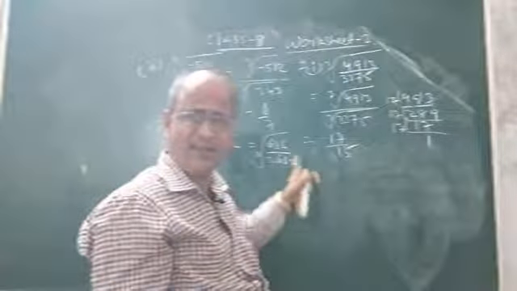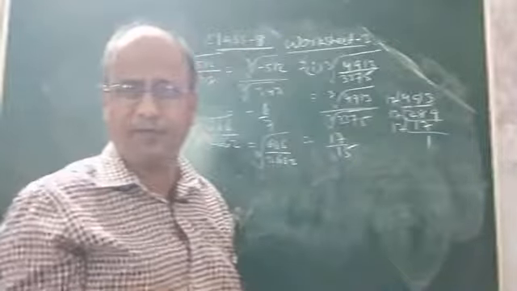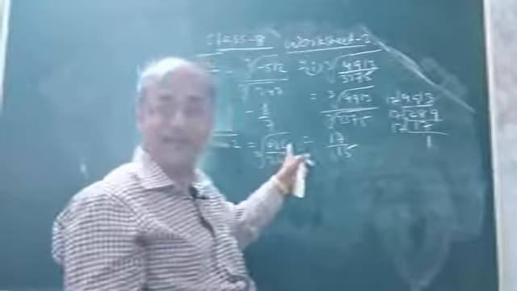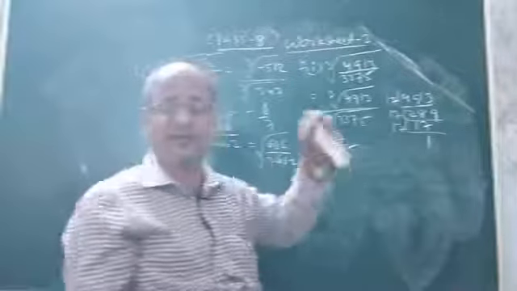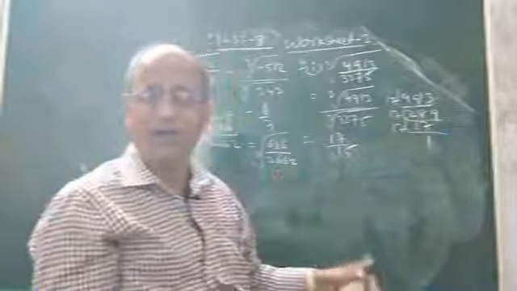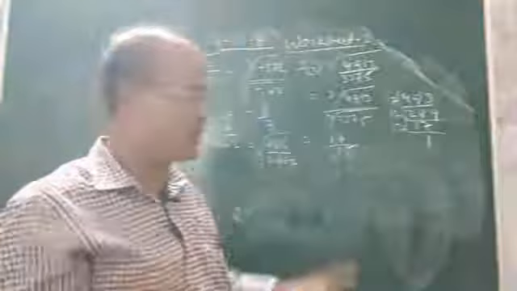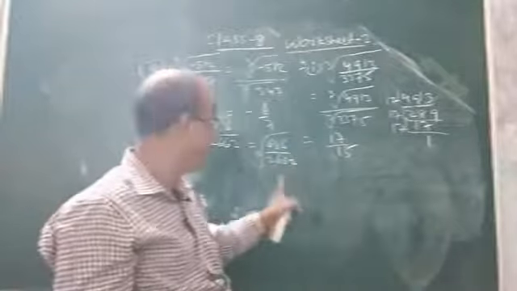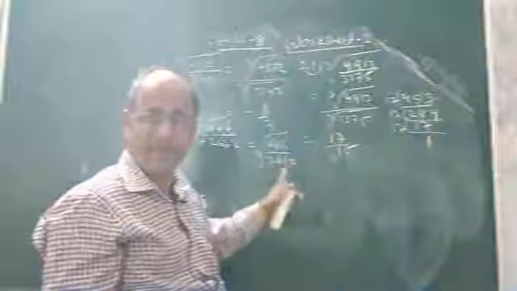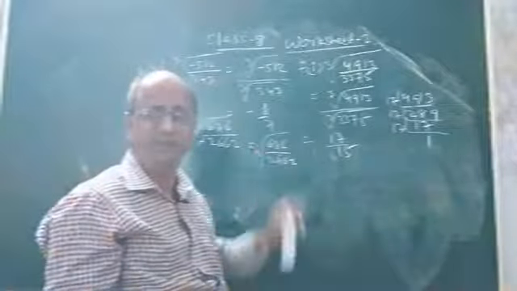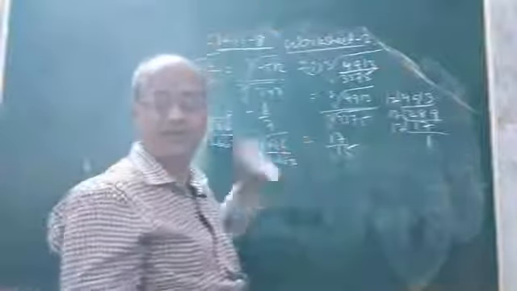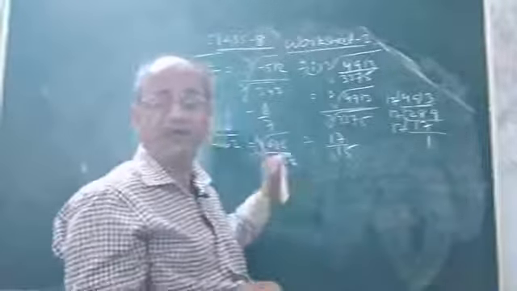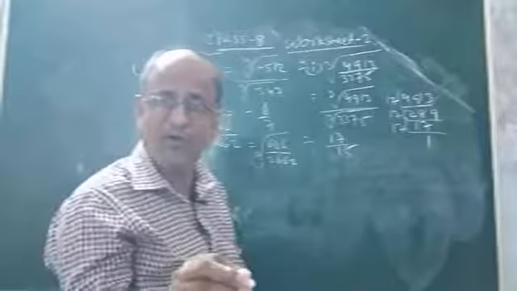If you check this number and this number, they are clearly not perfect cubes. Then what to do? How can we find the cube root of 686 and the cube root of 2662? If you write this in the form of cube root of A by cube root of B, that is cube root of 686 by cube root of 2662, then you cannot find the cube root of 686 because it is not a perfect cube. Similarly, you cannot find the cube root of 2662 because it is not a perfect cube.